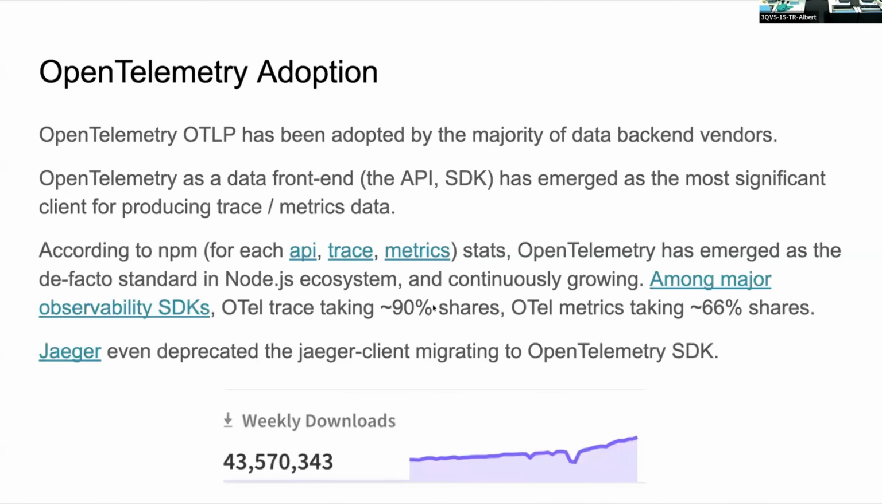vendors. The OpenTelemetry API and SDKs are the data front end, which means we do not provide any data storage. It has emerged as the most significant client for producing, I'm saying specifically for producing, trace and metrics data, because of the design of the OpenTelemetry structure, which allows the vendors to plug their SDKs inside the OpenTelemetry API, which means they can consume the data directly from the OpenTelemetry API as well. So we want to see how many people are using OpenTelemetry as the data front end to produce